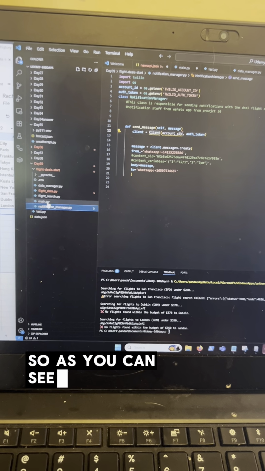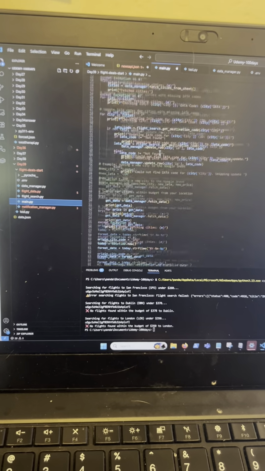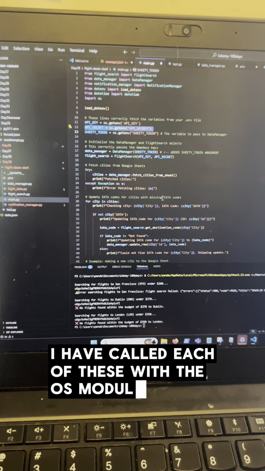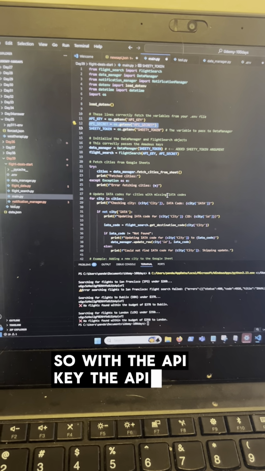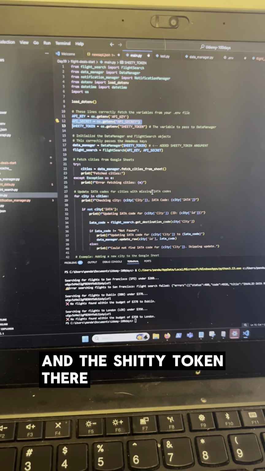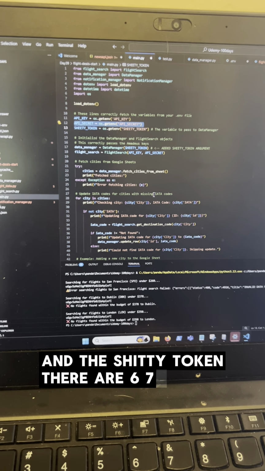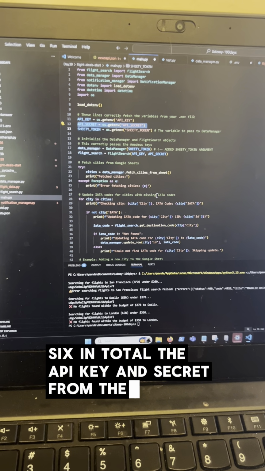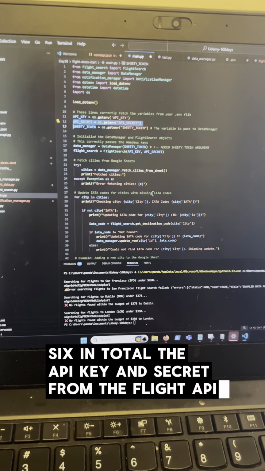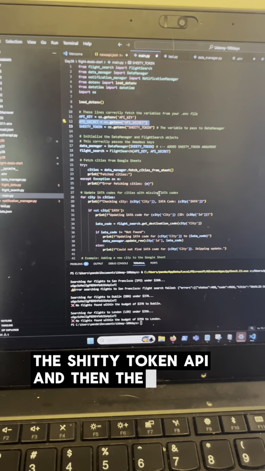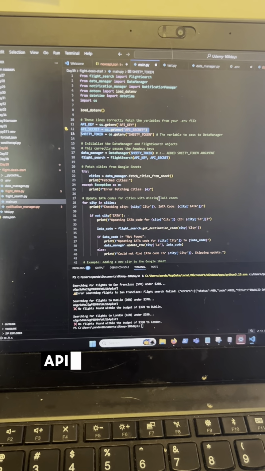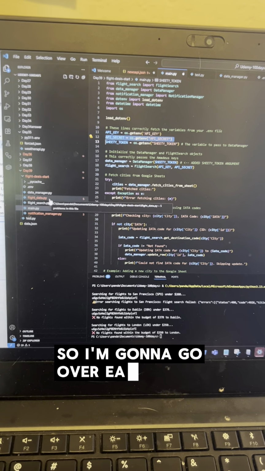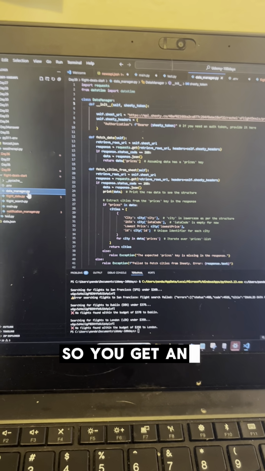So as you can see, for example, in main, I have called each of these with the OS module: the API key, the API secret, and the Sheety token. There are six in total. The API key and secret from the flight API, the Sheety token API, and then the Tequila API used for sending SMS files. So I'm going to go over each of the classes first so you get an idea of